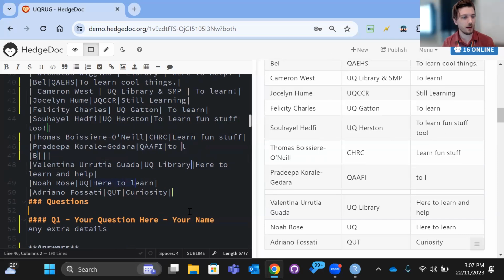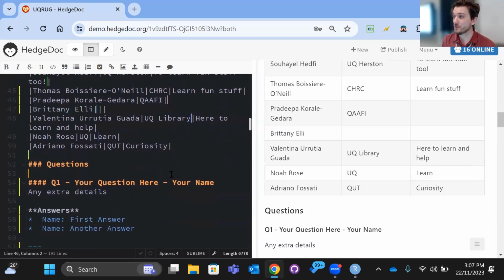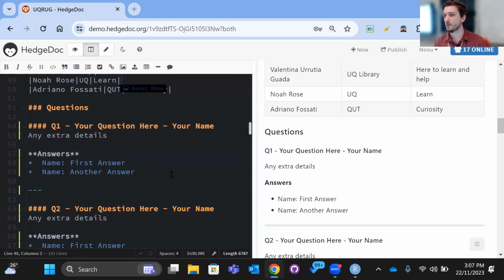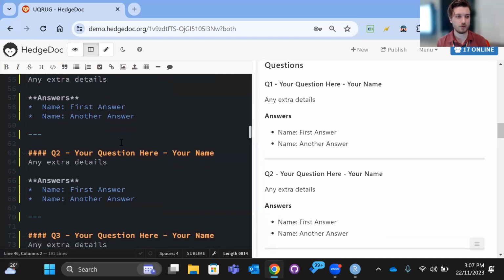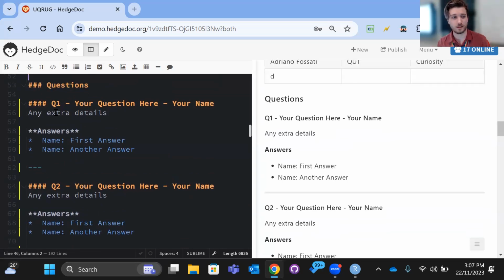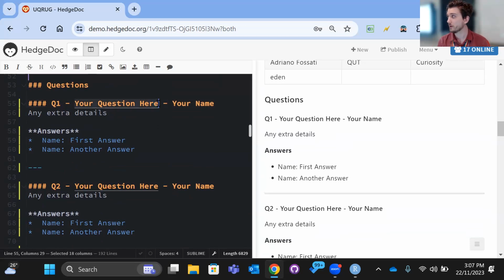Yep, no worries. Right, so once you've added your name there, I'll get you to go ahead and put any burning questions that you've got right at the start into the questions section. So you can see I've already got some pre-formatted slots that you can just put your details into. We'll go through these in the order that people put them in. So first in, best dressed. Where it says your question here, that's where I want you to type your question. And where it says your name, that's where I want you to type your name. And then any extra details we may need to know so that you can beef it up a little bit.